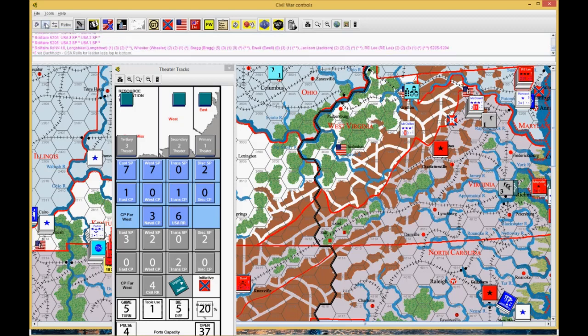And then I go through rerolls, leader losses. Jackson's okay, but his promotion counter's already out there. And then the next 3 in the stack. Bragg actually got wounded. And Wheeler also got wounded. So I lost a whole bunch of leaders to wounds. And it's making my army very inefficient, so I'm probably going to have to withdraw out of here if I get the chance. The Union,